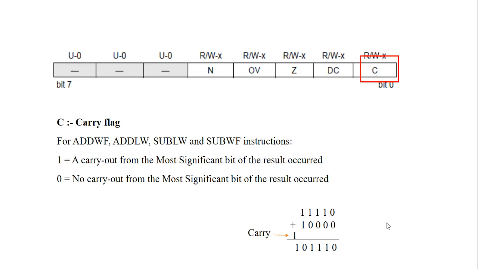Here I have given one example of addition. 0 plus 0 is 0, 1 plus 0 is 1, 1 plus 0 is 1, 1 plus 0 is 1, 1 plus 1 is 0 with carry 1. This will set your carry flag. This set bit will be used for further arithmetic operations, and this result will be stored in any memory location. If a borrow is generated, that borrow is also used to set or reset this carry flag. If the borrow is generated from the most significant bit, this bit will be high, otherwise it is low.